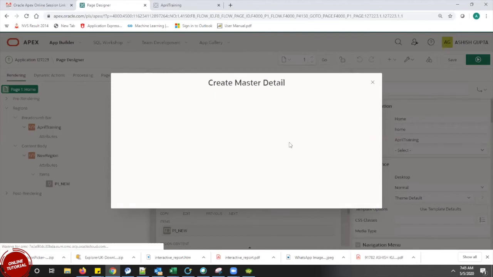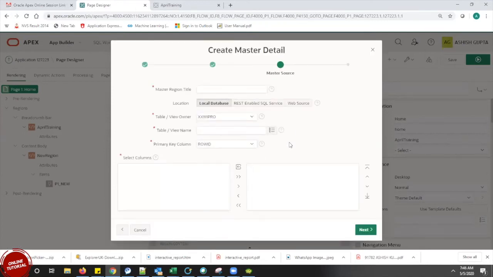We don't have any breadcrumb over here as of now, so we haven't selected any breadcrumb. Then it's asking me for the region, whatever region I want to keep.